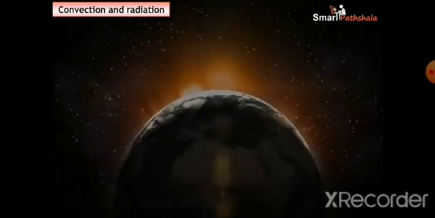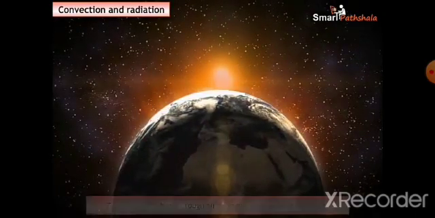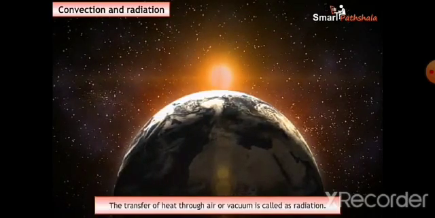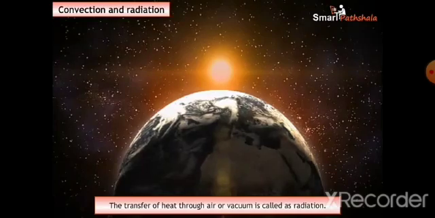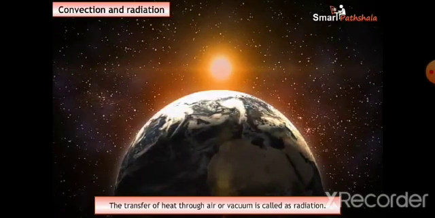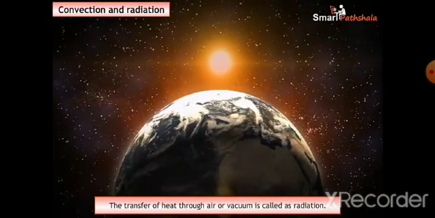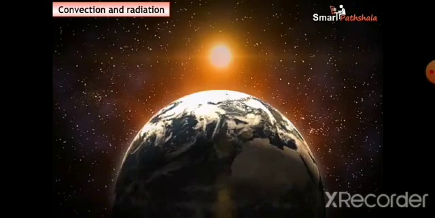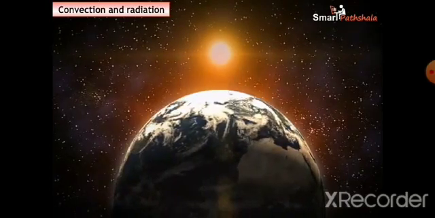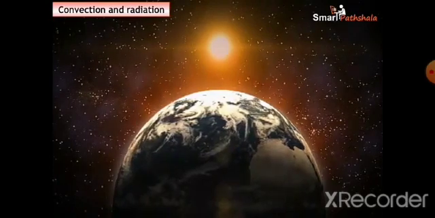We feel warm when we come out in the sun due to radiation. The transfer of heat by radiation does not require any medium. It can take place whether a medium is present or not. There is no medium such as air in most part of the space between the earth and the sun. From the sun, the heat comes to us by a process called radiation.